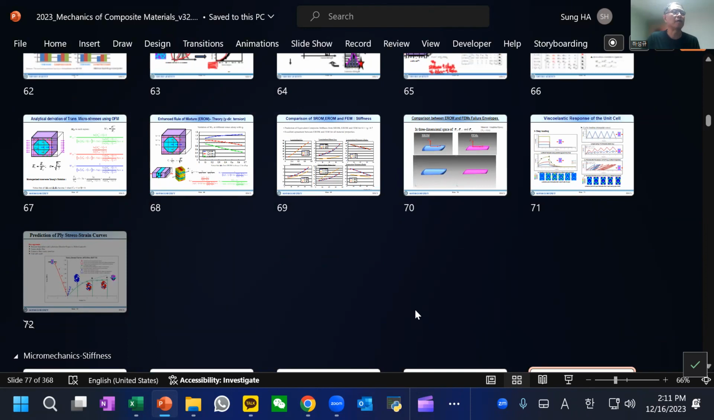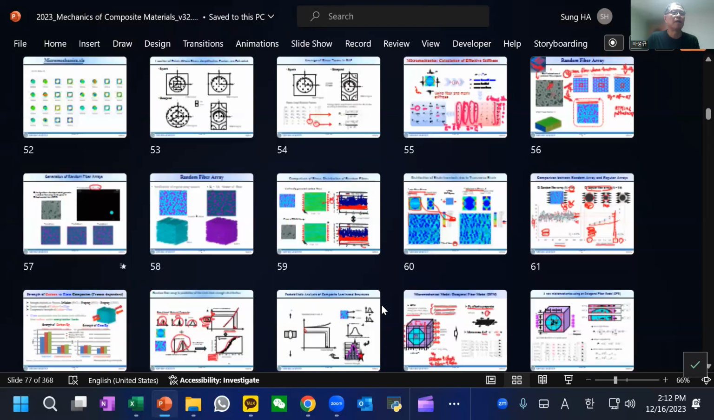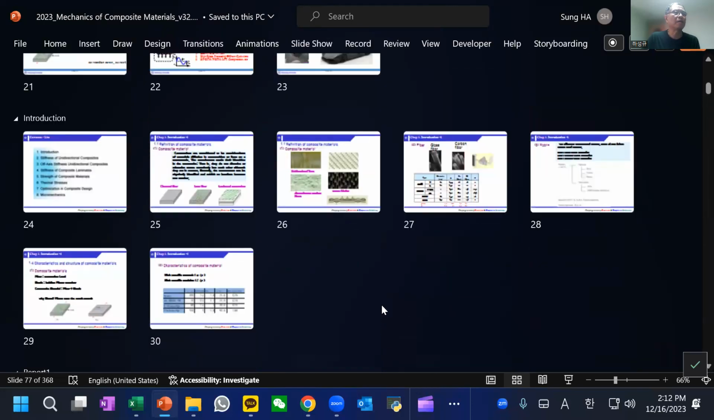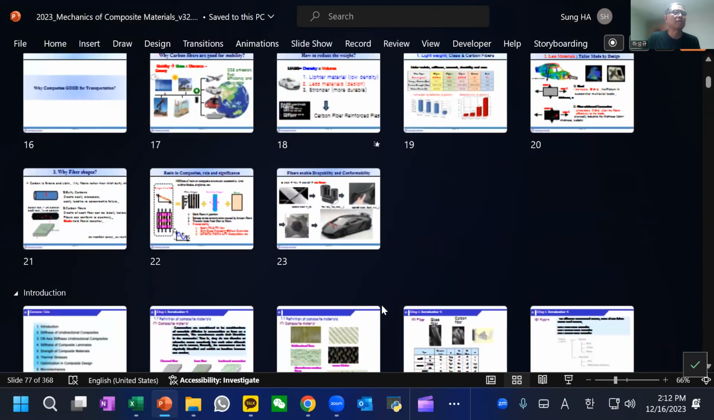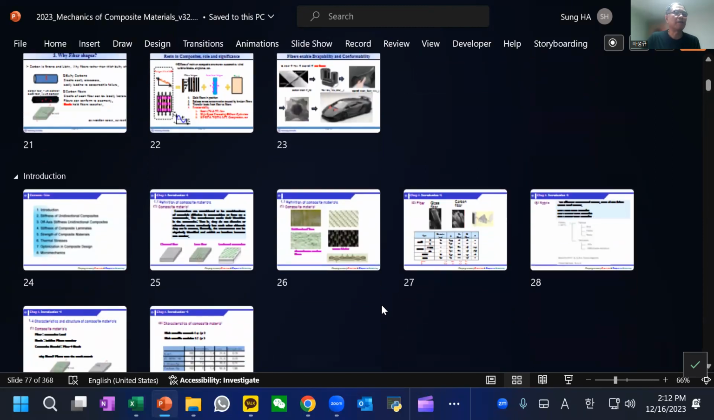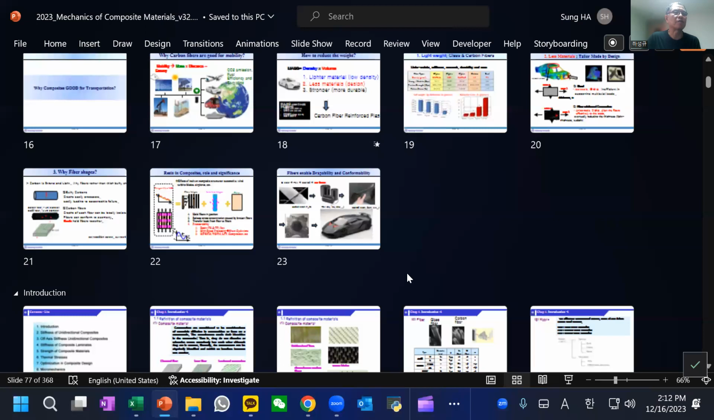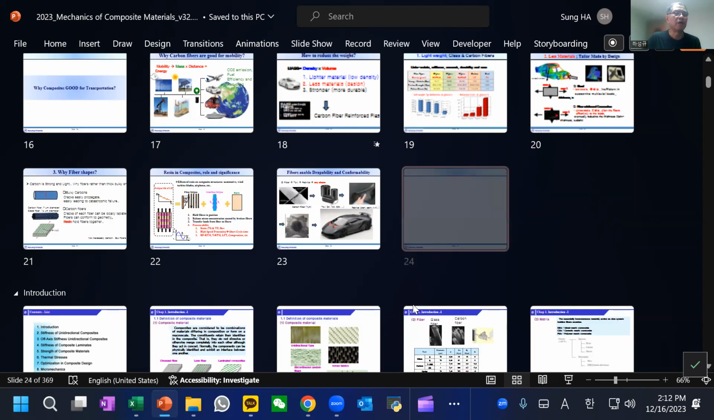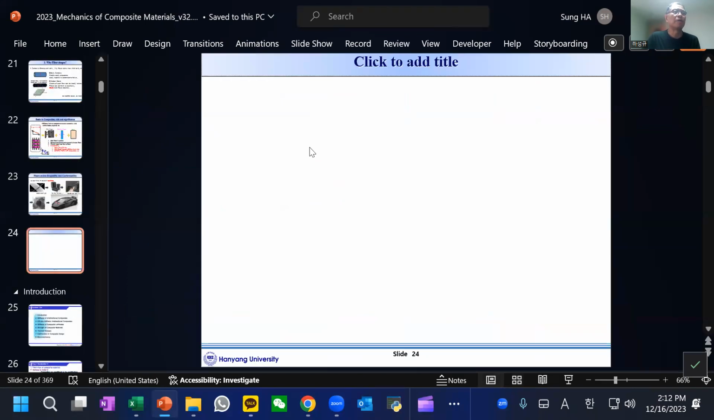The subject, material-wise and mechanics-wise, structure-wise, it's a very wide subject. But once you understand composite structures, composite materials, you should be able to do a lot. I can emphasize that